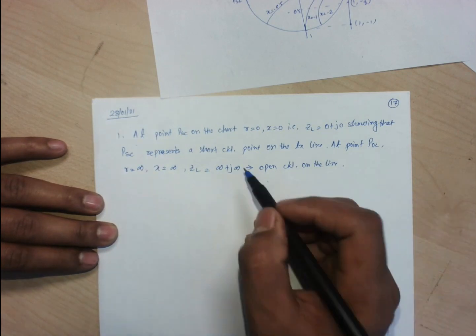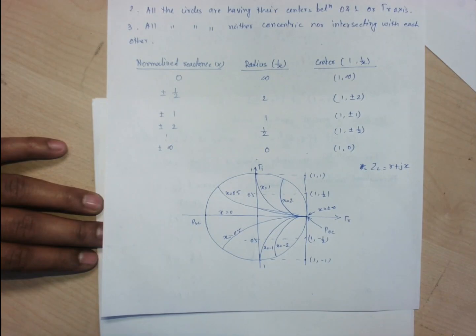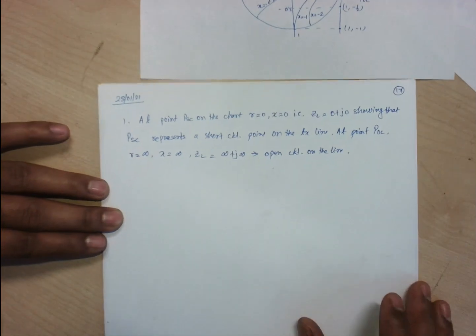It also shows that both of these two locations, POC and PSC, are not at all the same point, right? They are different points on this gamma r axis. So obviously the location of POC and PSC is different on the transmission line. So let's consider a 10 meter transmission line. It may occur that at 5 meter we have the short circuit termination, and at 2 meter or at 7 meter we can have the open circuit termination. So these two points are not the same. That will depend upon the length of the transmission line.